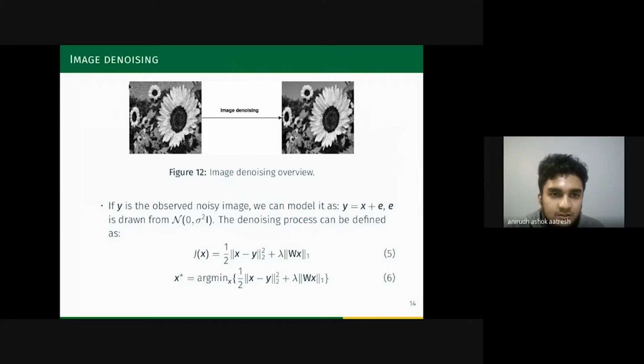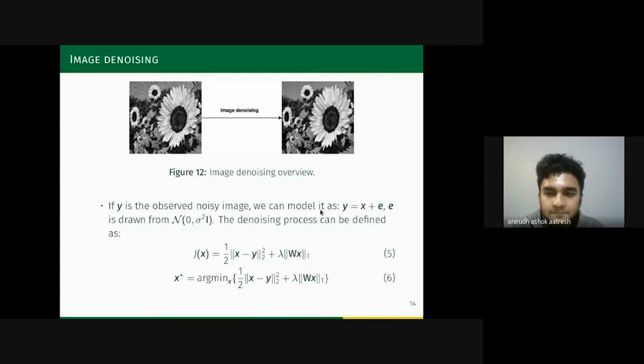So this is a noisy image. In this workshop, I'll be covering additive white Gaussian noise, which is a type of noise in signal processing. For simplicity, I've considered one single noise, but this wavelet domain denoising works for most types of noises to varying effects. If you assume this image, its vectorized representation, to be y, then we can model the noisy process. What we have to do is model this process to obtain the clean image.